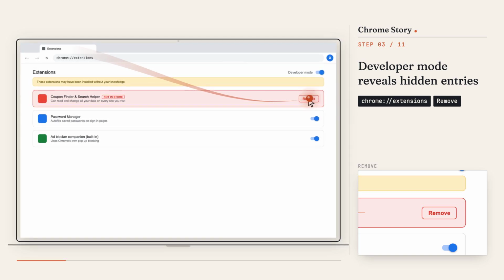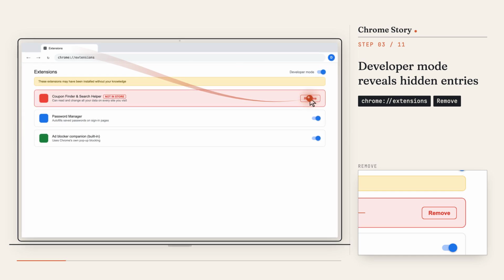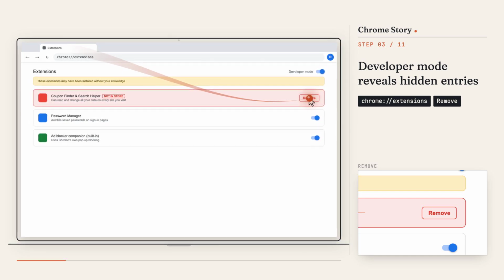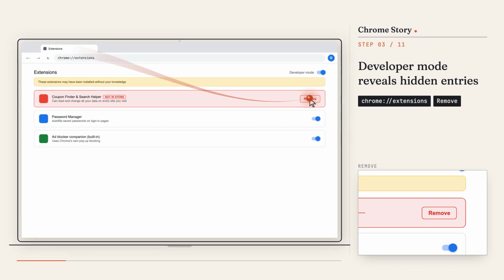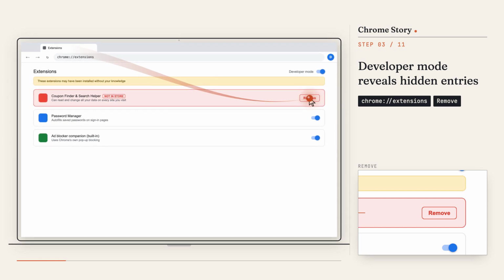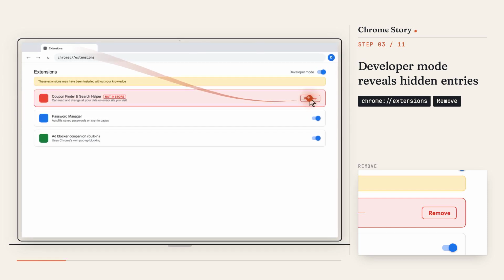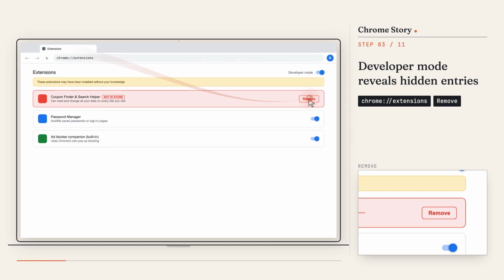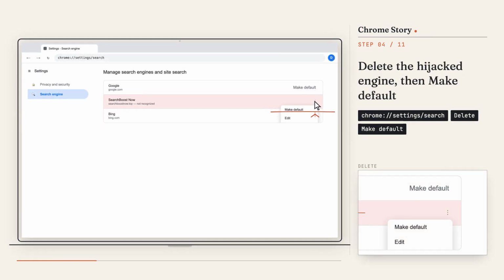If you do not remember installing it, or its permissions look wrong for what it claims to do, especially anything touching search, shopping coupons, PDF tools, video downloads, or themes, click Remove. Those 5 categories are the most common disguise for hijackers because they sound useful enough that people install them without a second thought. Next, open